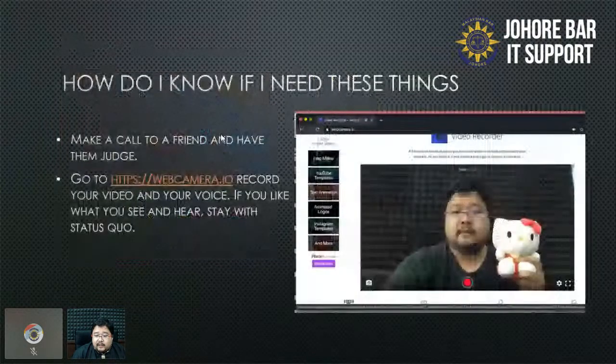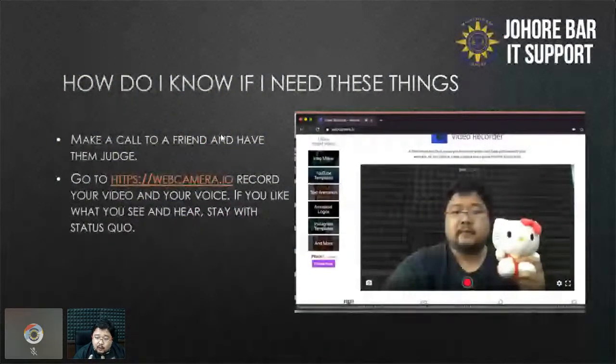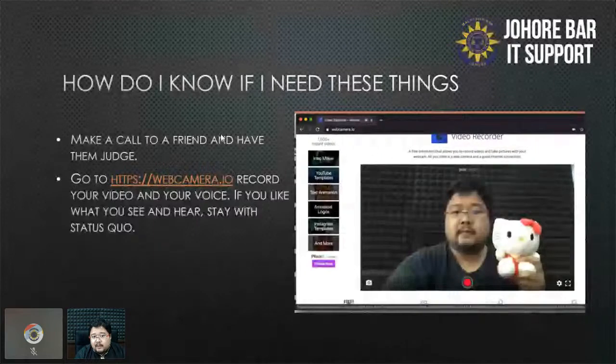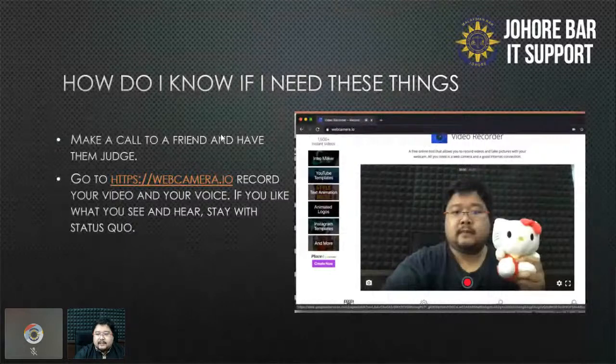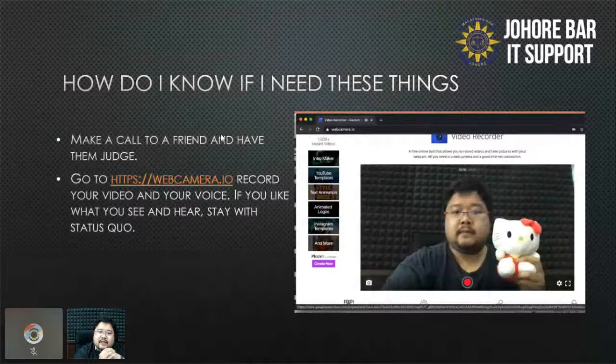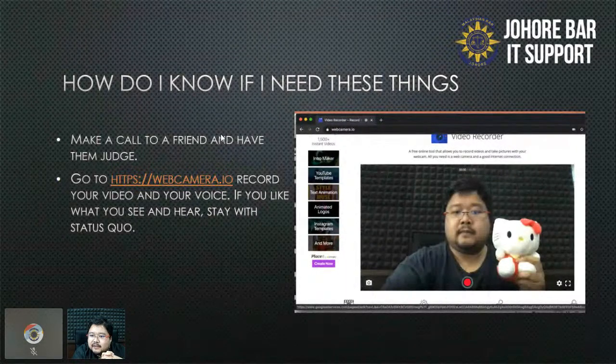So okay, in the event that you do have a laptop right now and it's compatible, you want to see how good the quality of the sound, the audio and the video is, go to this website, webcamera.io. Let it load your video. Click the record button. Sing a song or something. Test your voice to see whether your laptop microphone picks it up, and then play. And then if it's to your satisfaction, then I guess it's good. Then you don't need to buy another one.